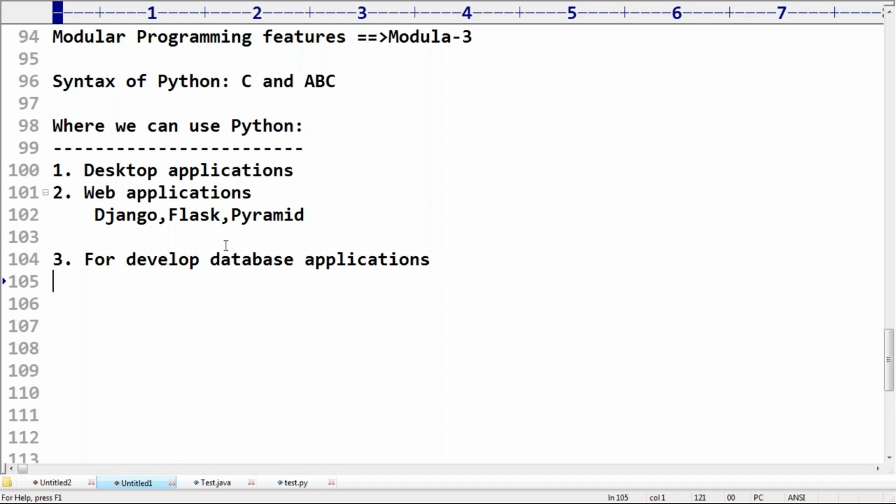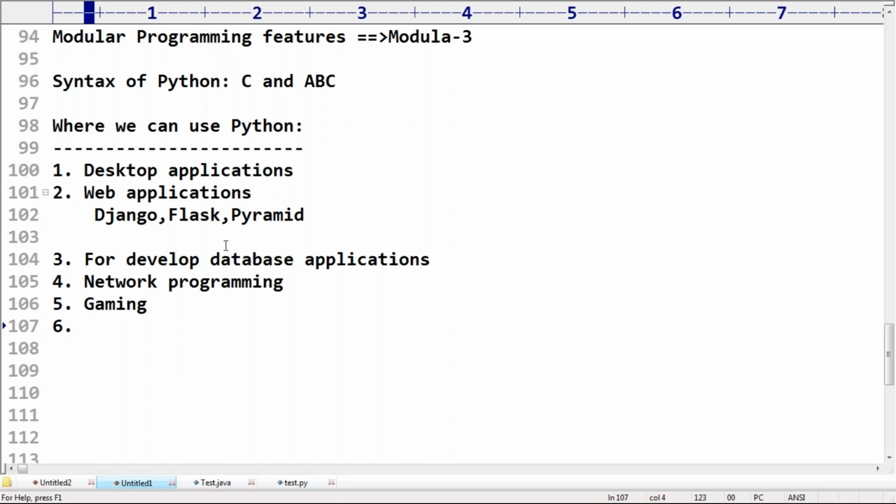For every database, the corresponding libraries are available in Python. Remember that. Just import the module and use it. Okay. For network programming we can do that, sir. Next, for developing games, gaming applications, Python is very simple, sir.